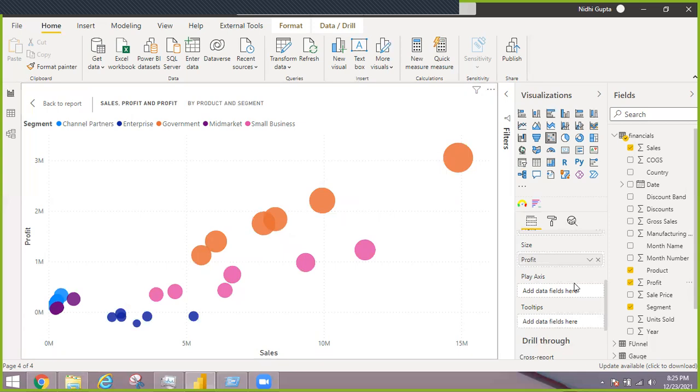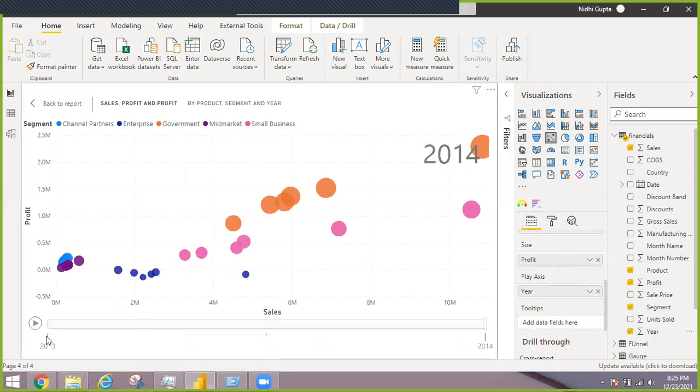And in here, I have a play axis field. Whenever you add any field, typically the date field, in the play axis field, a play button is added just below the scatter chart. When you click on that play button, your scatter chart is played. So let me pull this year field here in the play axis. The moment I add this year field, you can see a play button here. This is my play button. This is 2013 and this is 2014. So when I click on this play button,